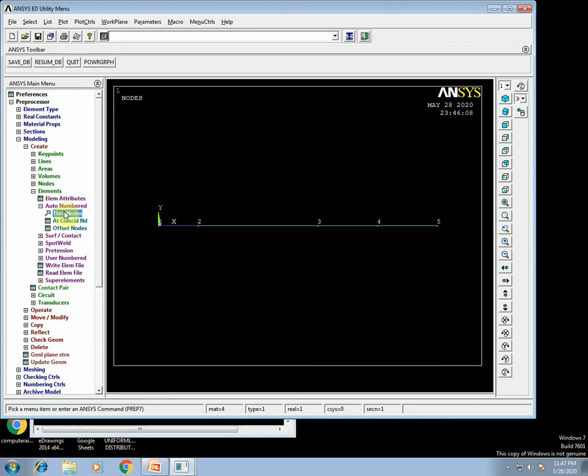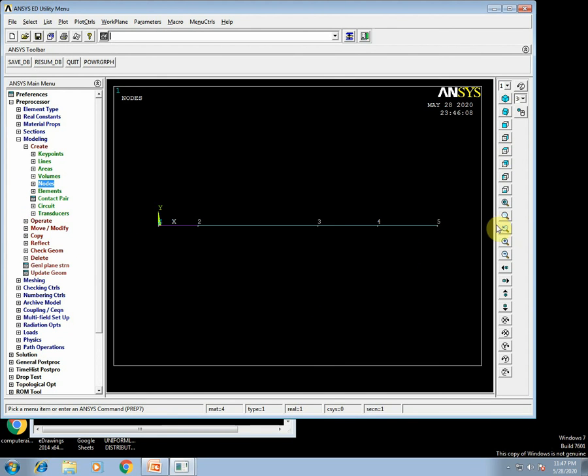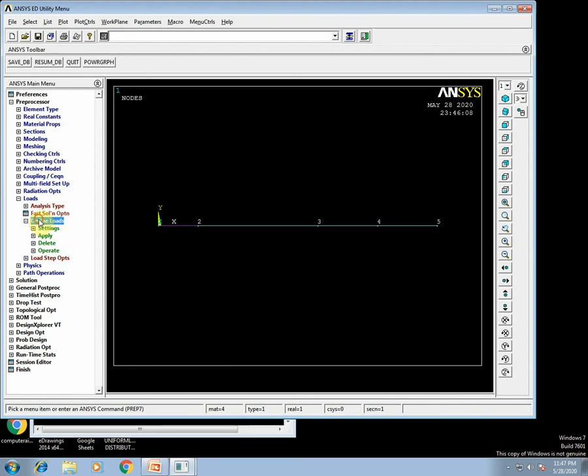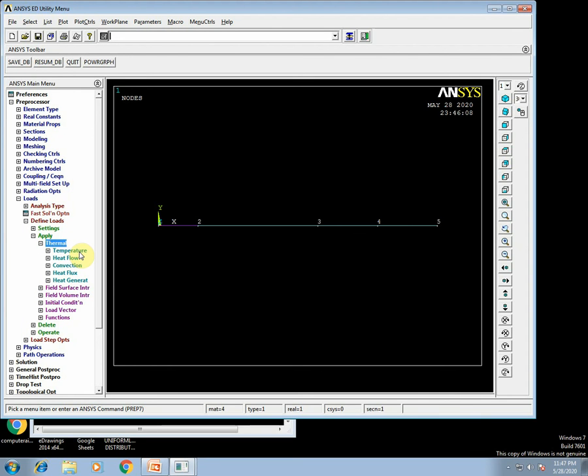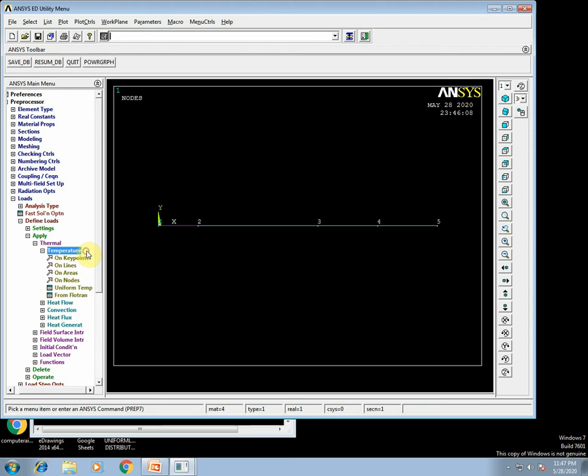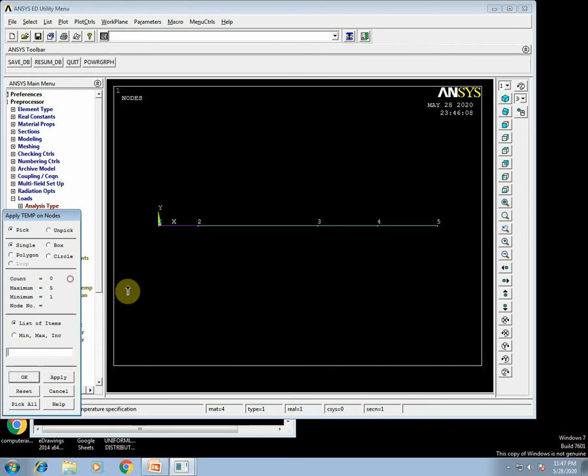Okay. Now I am applying the load temperatures, the initial and final temperatures. Load, define load, apply load, thermal, temperature on a node, node number 1.